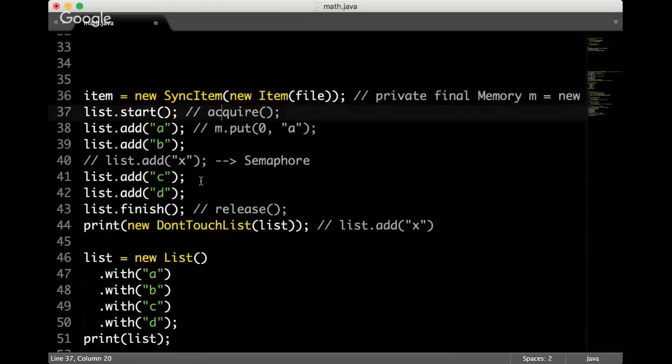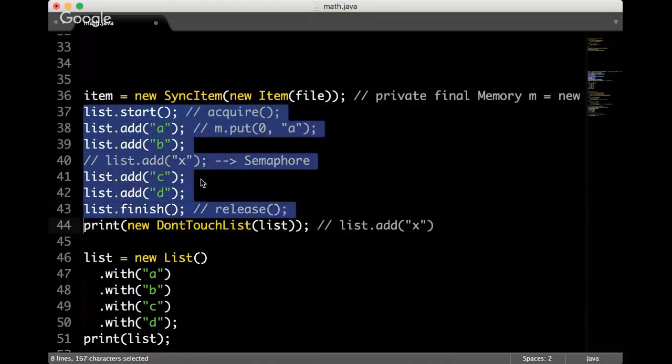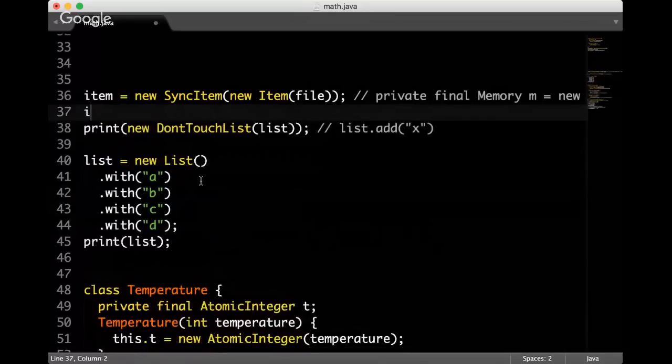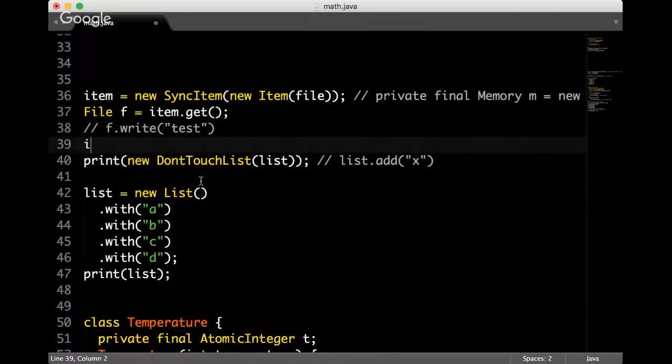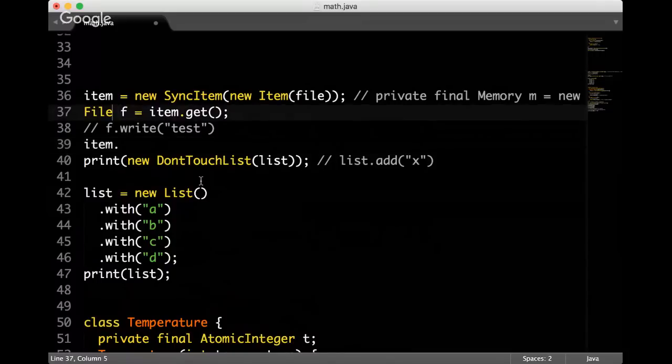And then my logic was that you lock it or get it, and then the thread starts working with it, does some modifications to the file, writes some text, and then the item.